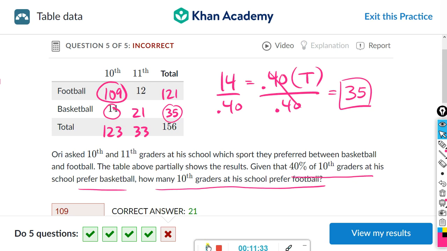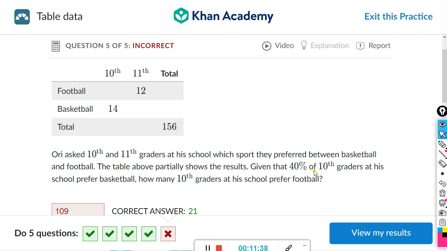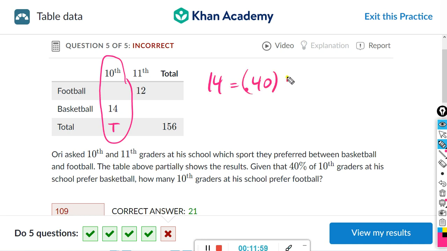Whoops, hold on. All right, I made a little mistake. It says that 40% of 10th graders prefer basketball. All right, so we're looking at this column here, and this is 40% of this total. All right, so 14 equals 40% of t. And we found t to be, let's see, if we divide both sides by 0.4,